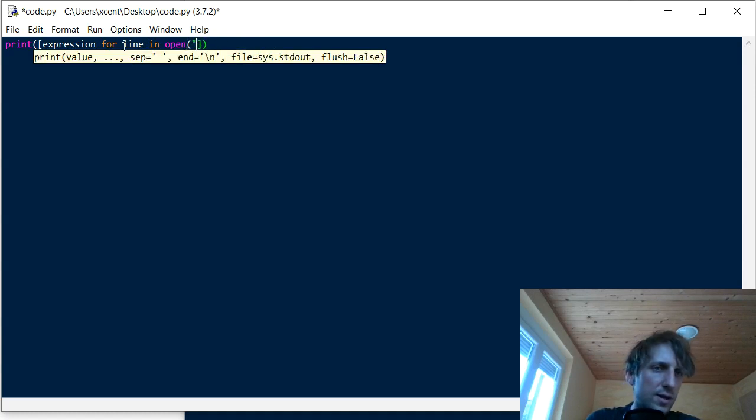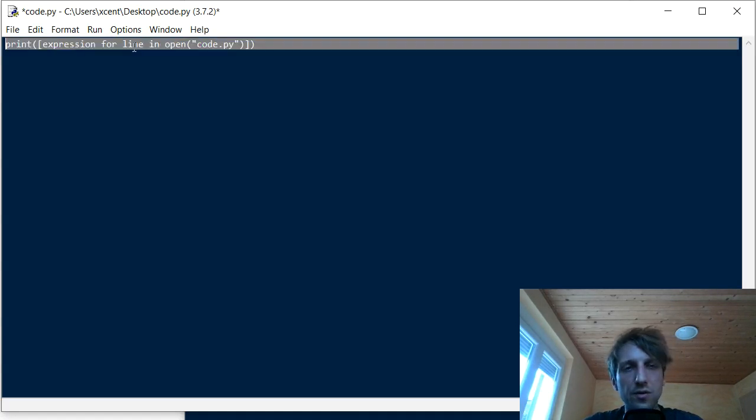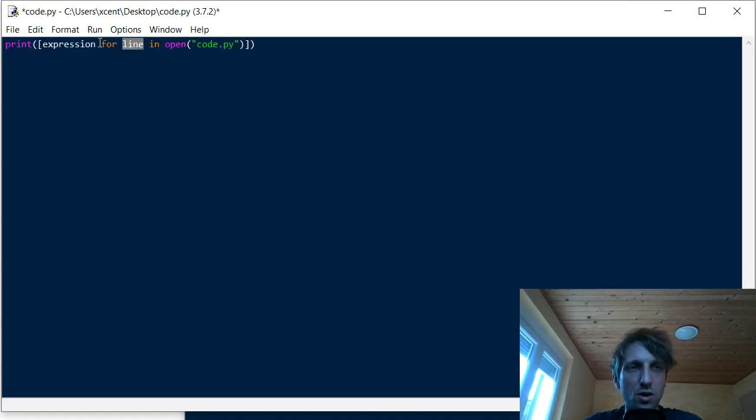So now let's again use this example code.py. You already know that if you open a file, the return value is the file object, and you can iterate over each file object. The file object is an iterator basically, so you can get all the values from a file object. And what are these values? These are the different lines. So you can go over all lines in the code, and now we can do something with the lines. And what do we want to do?